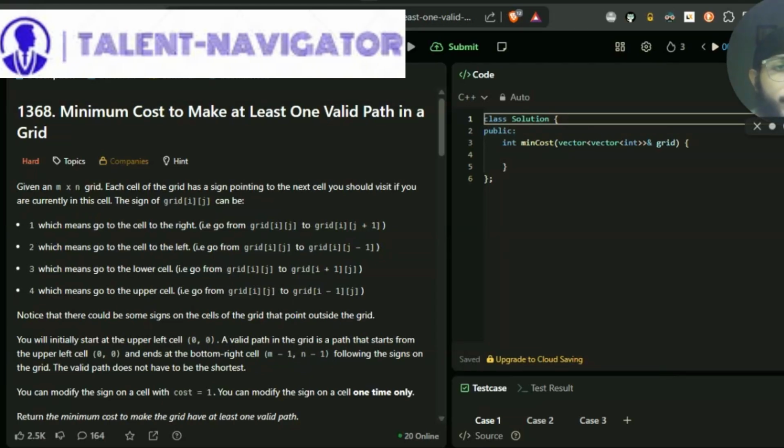Alright, so the next problem we're going to be solving is LeetCode hard, problem number 1368, which is minimum cost to make at least one valid path in a grid, right? So we're given an n cross n grid. Each cell of the grid has a sign pointing to the next cell that you should visit if you are currently in this cell. The sign of grid i of j can be 1, which means go to the cell